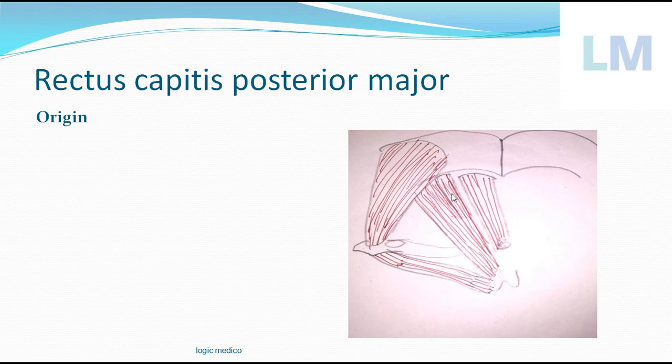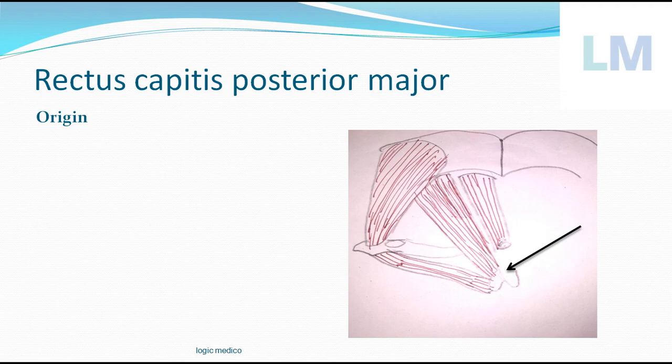So here there will be two muscles. One is longer, bigger, straighter. The other one is tinier. So this major is coming from where? It's bigger. If you told axis, then you told the correct answer. Where is the rectus capitis posterior minor coming from? Atlas, because it is minor. So by this logic you can make out from where the rectus capitis posterior major can arise. Because it is longer and bigger, it should come from axis. So the origin is from the